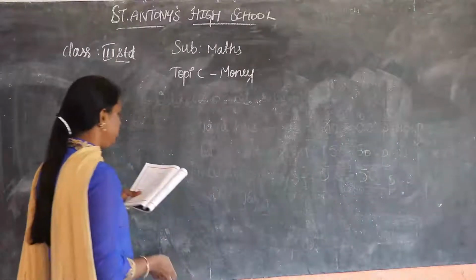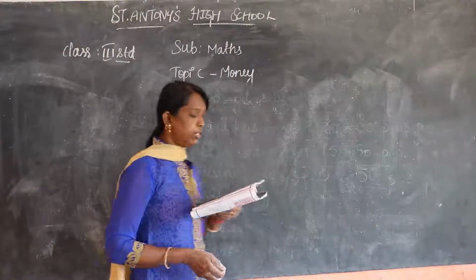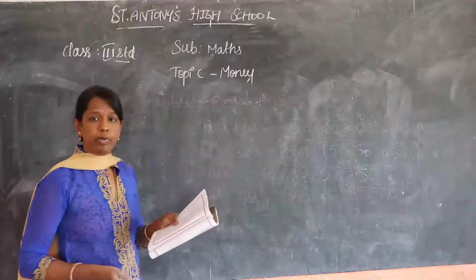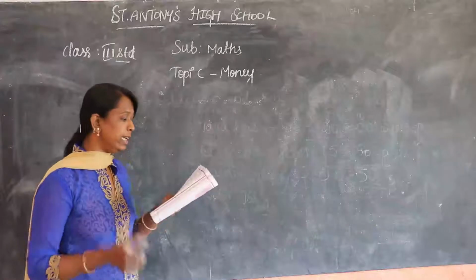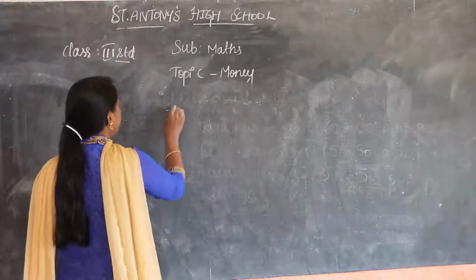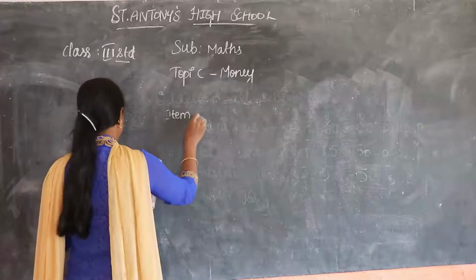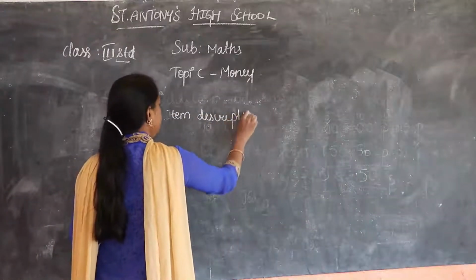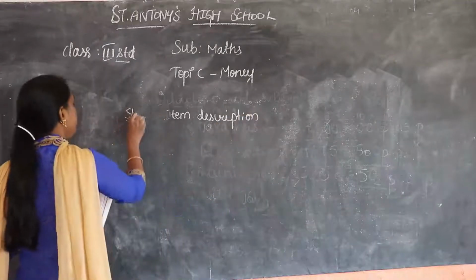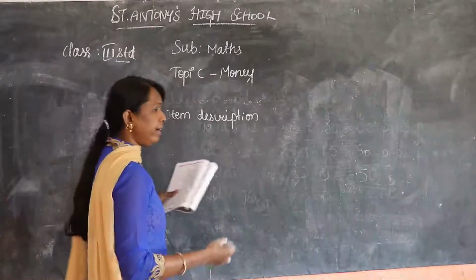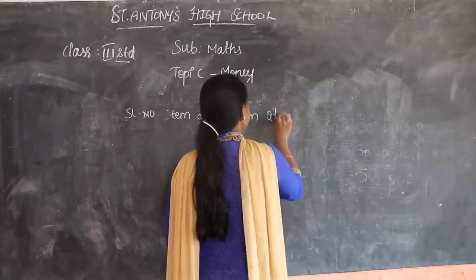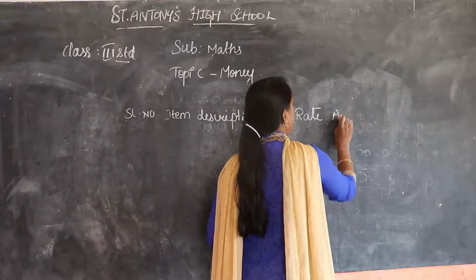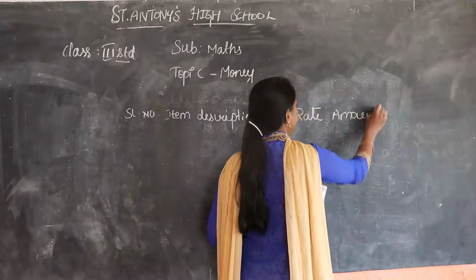Okay. Here is a shop, that is Street Textiles, MG Road, Bangalore. Okay. So here Rajendra was a customer, who purchased some items. Those items we have to write in the items column, item description. So for the first one we have to write serial number. Next, quantity. How much quantity is taken by the customer. And next column is rate, and then amount for the given item.